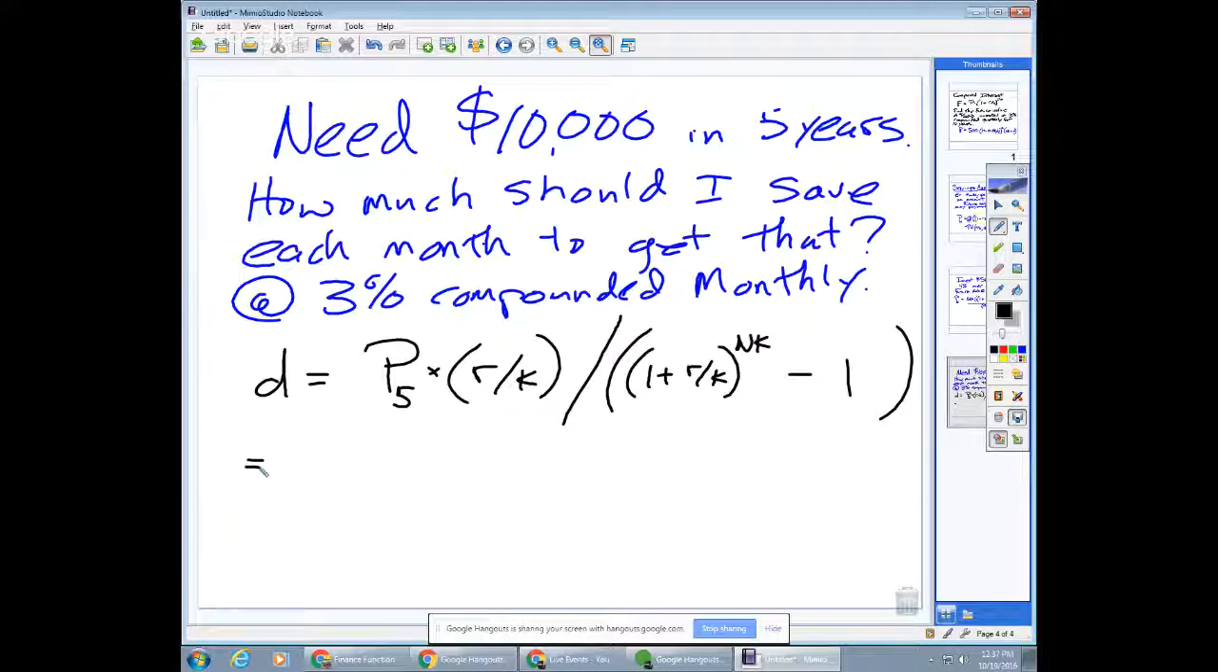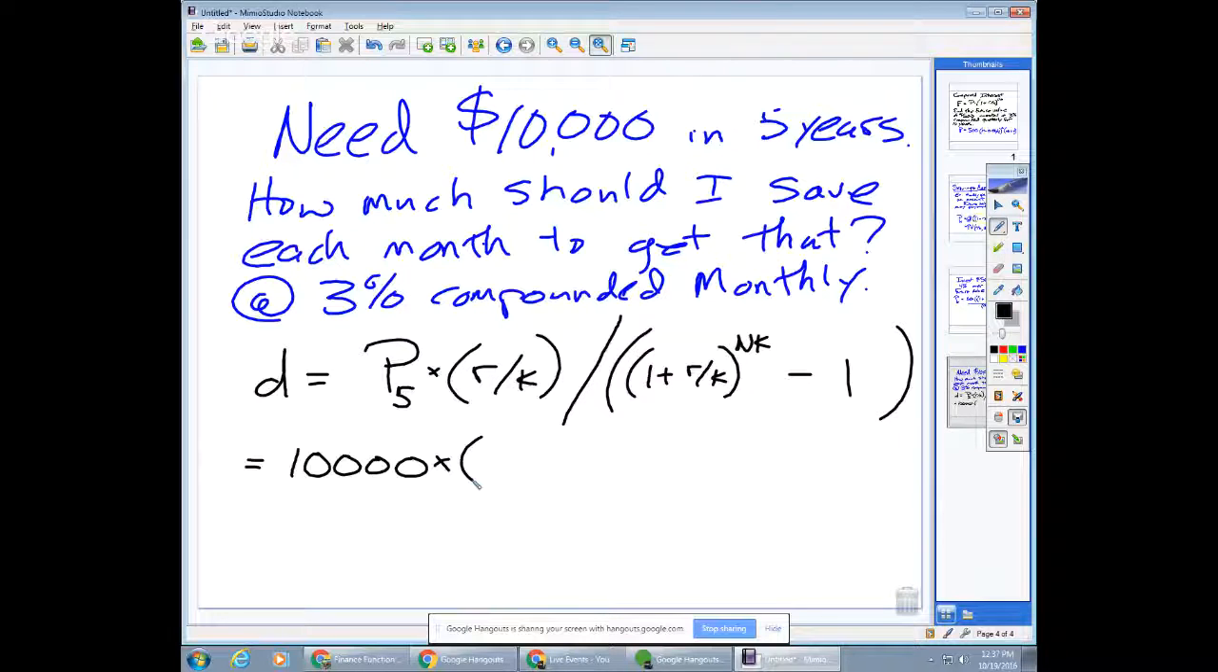So my future value is supposed to be $10,000. So there's my 10,000 times 3% compounded monthly divided by big parentheses, second parentheses, 1 plus 0.03 over 12 to the power,